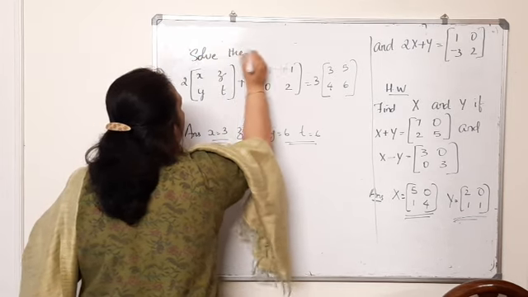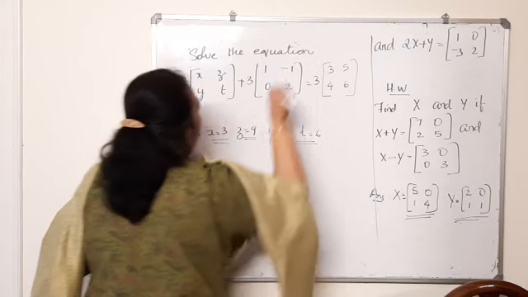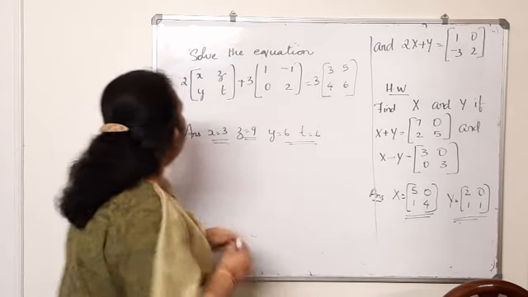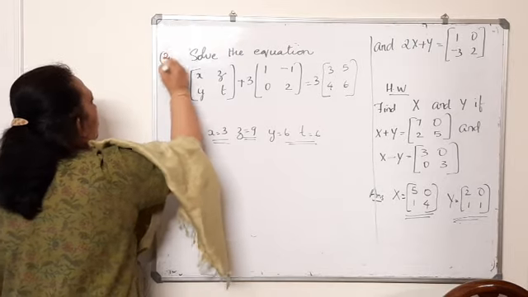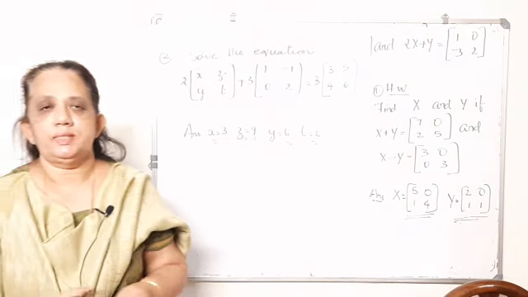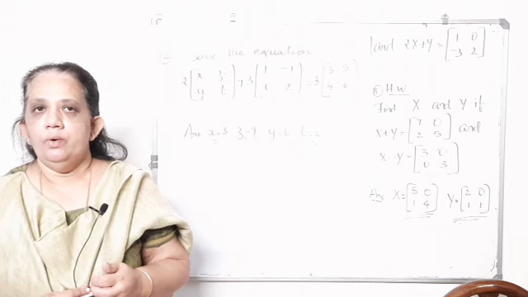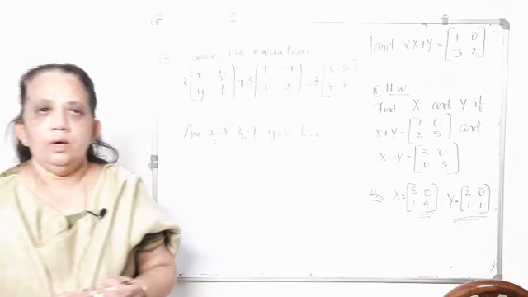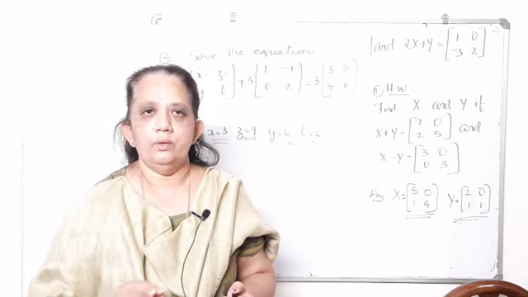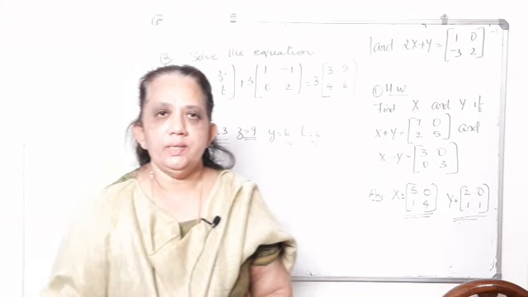Solve the equations. Is it clear? First question and second question, 2 questions for homework. And Saturday it is a revision test paper. Once again, sets and linear inequalities. So for the test paper you have to be ready with a ruler, pencil, etc. Draw the diagrams neatly. Okay. So wish you all the best and thank you.